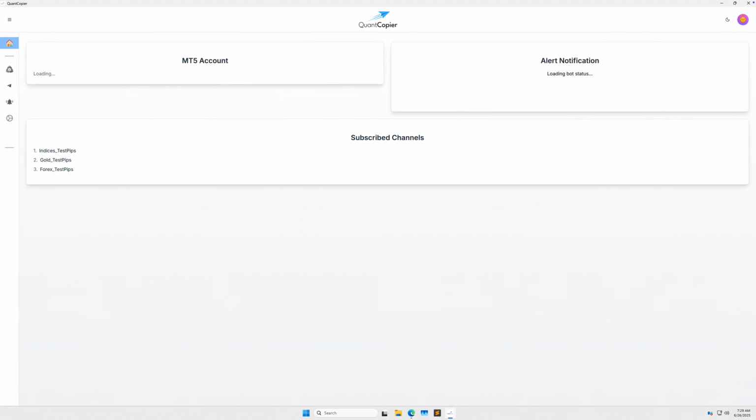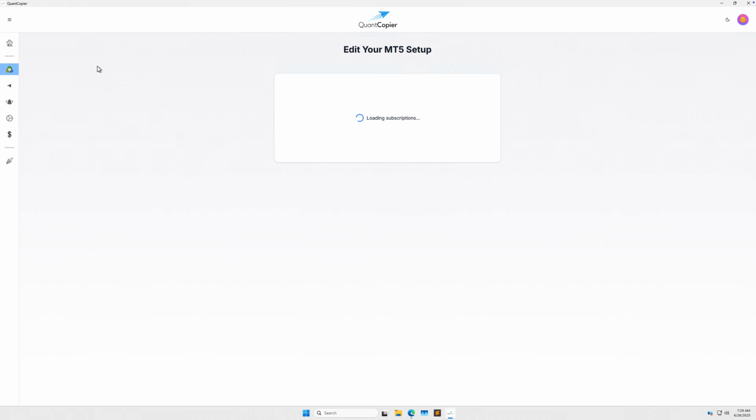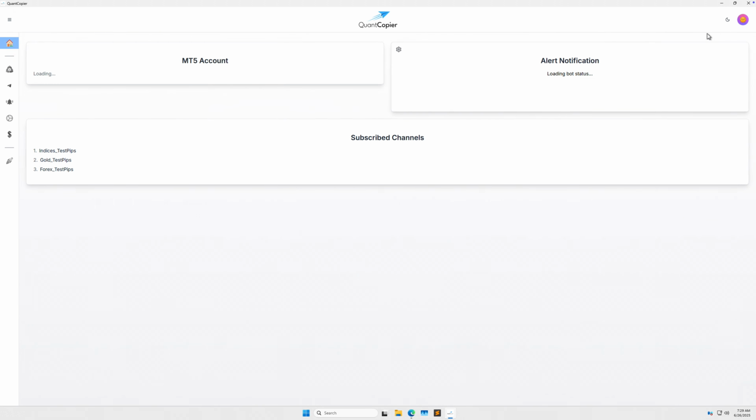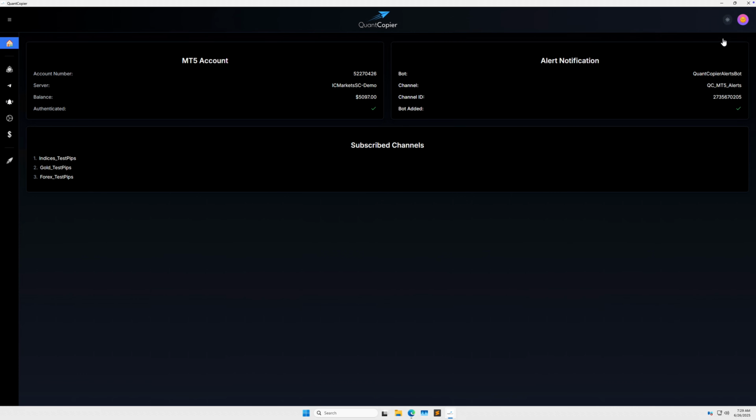In the home page, we see the card showing information of the completed onboarding steps. You can modify the settings by clicking the gear icon on the card itself. The MT5 account card shows the MT5 account details and also its balance as retrieved by the MT5 API. The top right of the UI gives an option to toggle between dark and light mode, and the profile icon shows your license information and access to the client dashboard. You can adjust any of the settings by clicking the gear icon or by using the icons in the sidebar